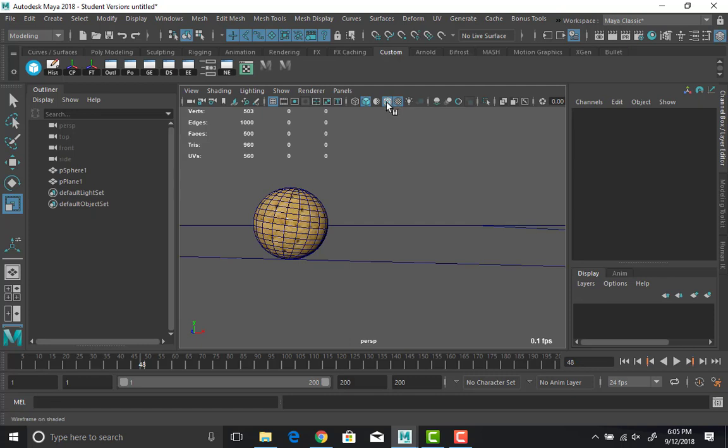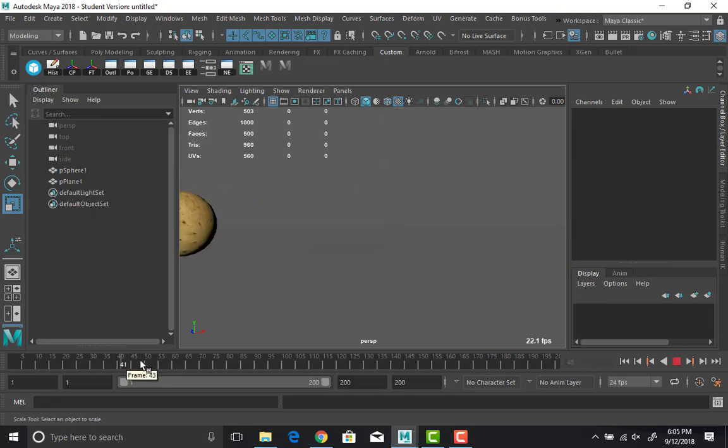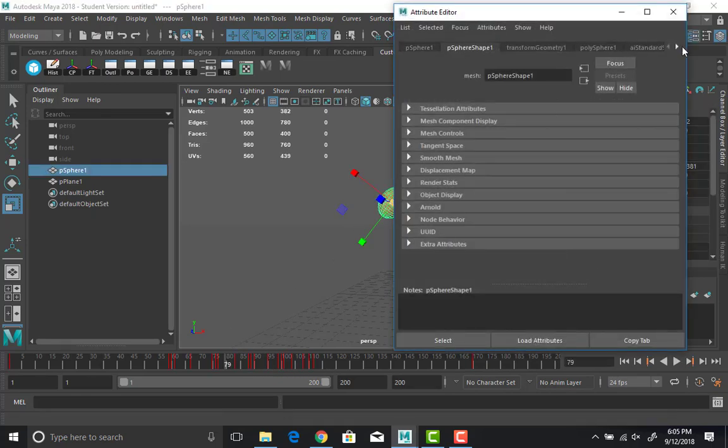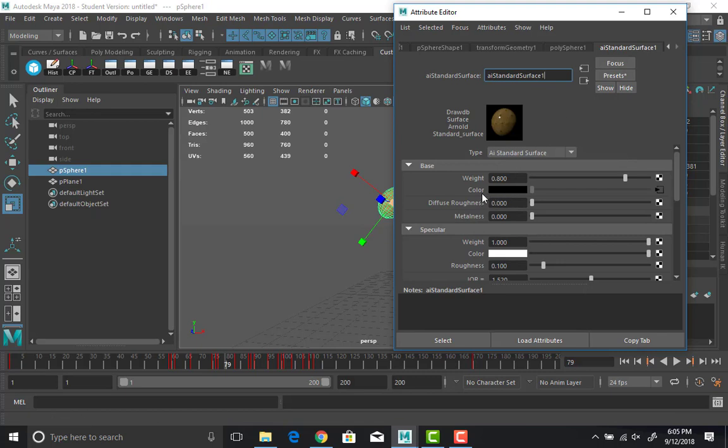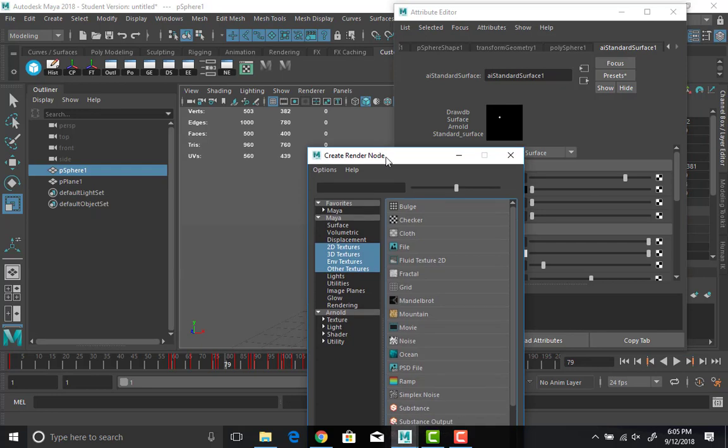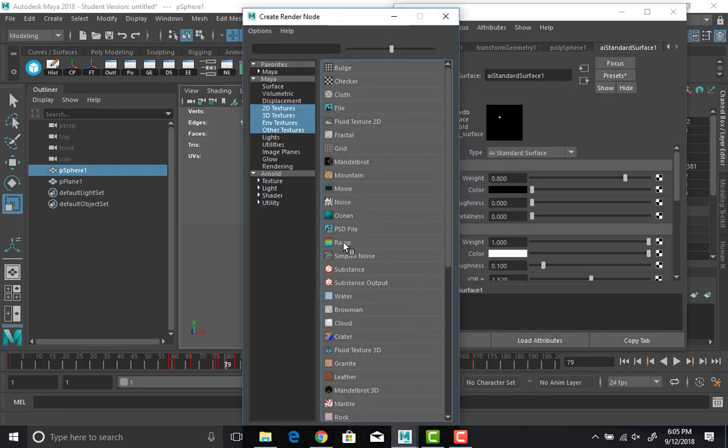And I'll turn my wireframe off. And now as it rotates, you can see that it's rotating. And as it squashes, oops, you can see how it squashes and all that. Glorious. All right, so if you wanted to do graham cracker, that's how you do it. I would also recommend, if you wanted just something simple, a ramp is a good way to use it. Okay, don't grab just any one if you're not comfortable with it. File is a good one because you can grab a picture and just drop it on. Ramp is another good one